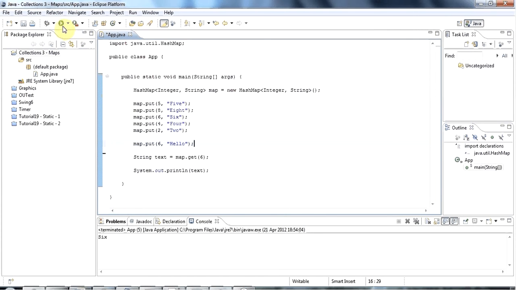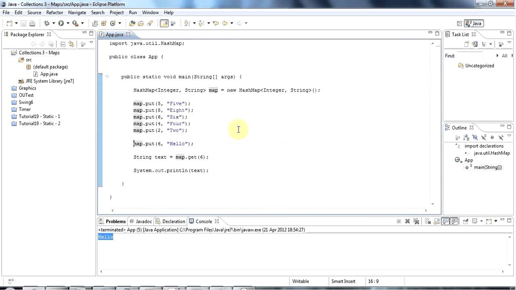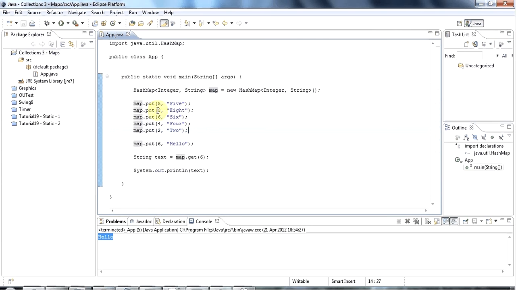What happens is that your second put will just overwrite the first. So although you can happily have duplicate values in a map, you cannot have duplicate keys. If you try to add a duplicate key, you'll just overwrite your previous key, which is fine if that's what you want to do. So that's putting and getting, which is basically the essence of maps, and there's not a whole lot more to them. But sometimes you might want to iterate over all the key value pairs in a map,